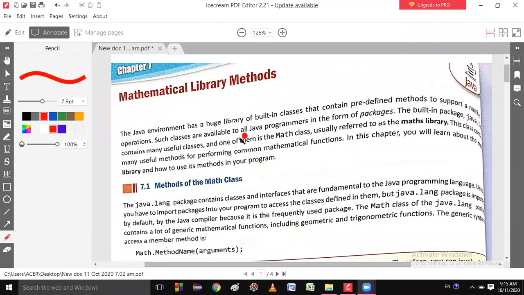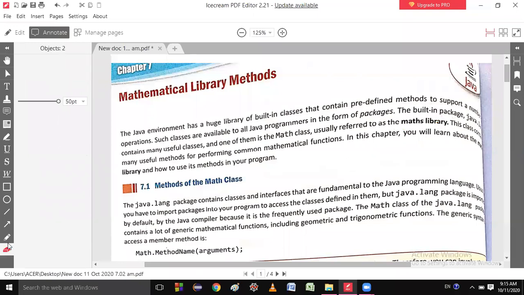The built-in package java.lang contains many useful classes, and one of them is the Math class, usually referred to as a math library. Someone said that this is a math library, but basically this is a math class. Is it clear to you? Yes, sir. These classes consist of many useful methods for performing common mathematical functions.